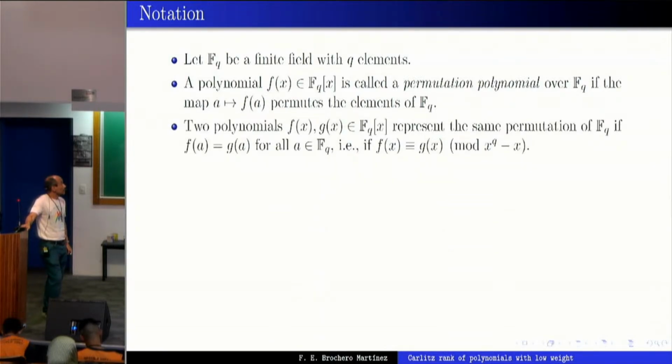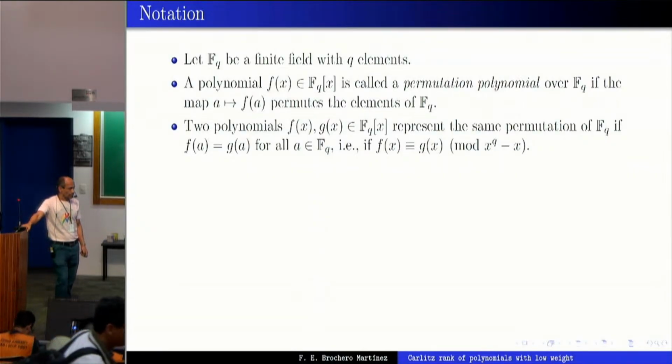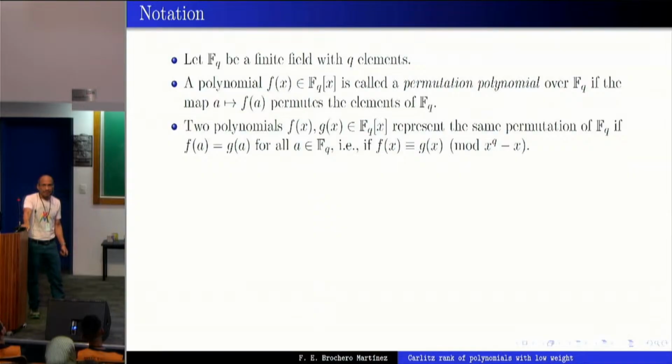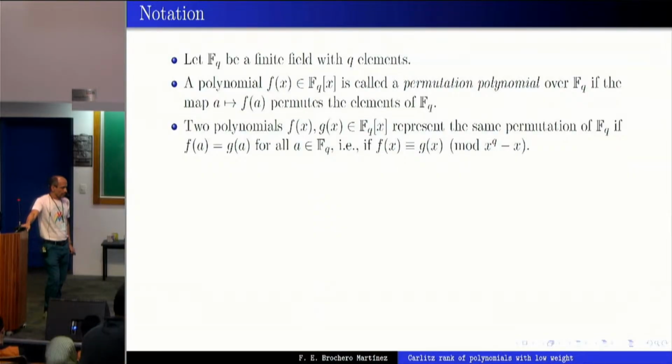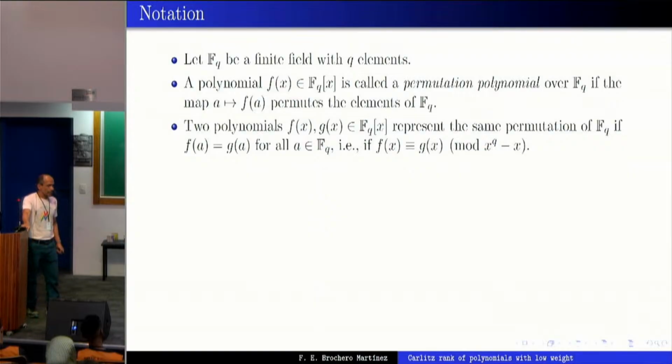Two polynomials represent the same permutation if the functions defined are equal for all a in the field. That is equivalent to f congruent to g mod